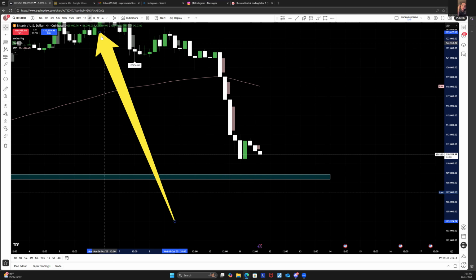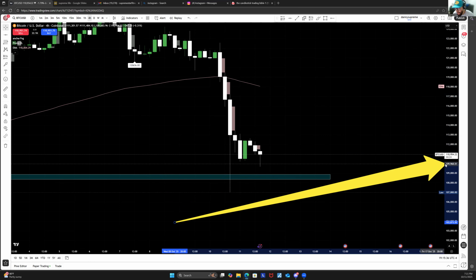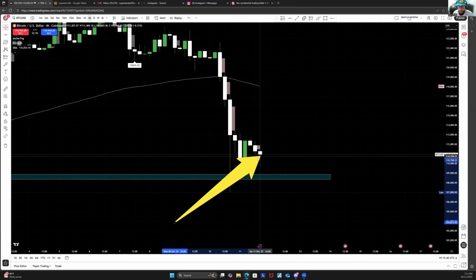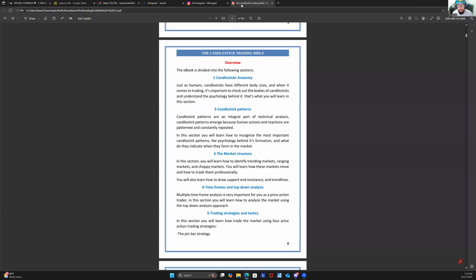Okay. So in 44 minutes and 23 seconds, this 4 hour candle is going to close. Okay, Danny, what does that mean to me? I'm not understanding what you're saying. No problem. That pretty much means that when this candle is done, the shape of it and how it looks is going to give you information of where the market might go. Well, Danny, how do I know that? And how do I know what shape to even look at? Candlestick Bible, right here.